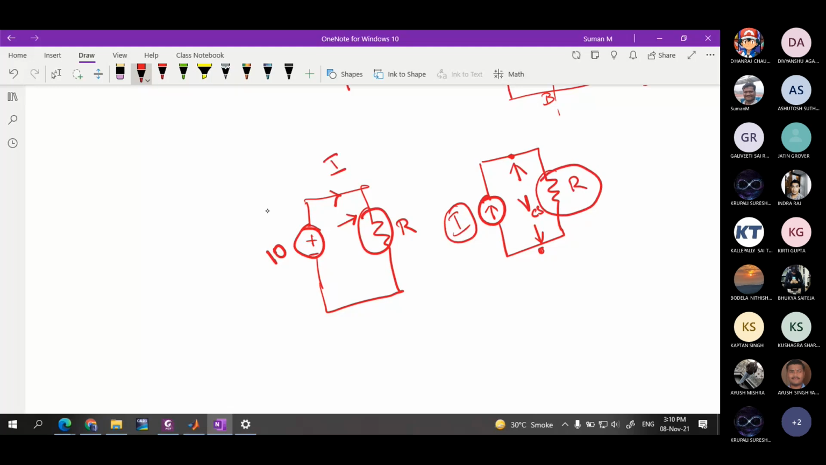If you connect, let's say that the current is 10 ampere and the resistance is 1 ohm, then the voltage across this current source is 10 into 1. It is a parallel component. You can see that both the components are connected in parallel. So whatever the voltage across this resistor, that will be appearing across this. One thing I wanted to make clear here is the voltage across the current source